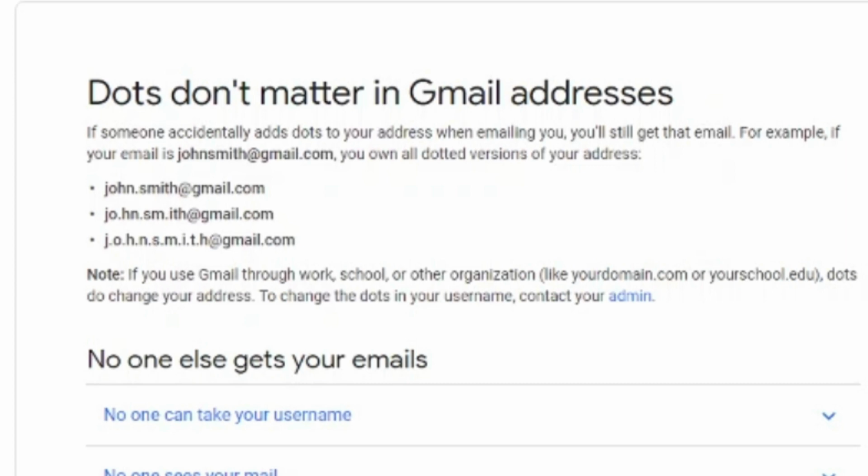Well, here it very clearly says that dots don't matter in Gmail addresses, which means if your email address is johnsmith@gmail.com, whether you write it as john.smith@gmail or jo.sm.it.h@gmail.com, or any number of dots you use in between. So it means whether you use a single dot or multiple dots, it really doesn't matter till the time it is followed by @gmail.com. You will receive it to your primary email ID, which is John Smith in this case,